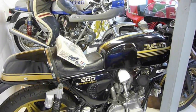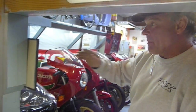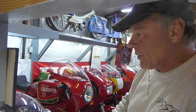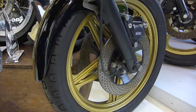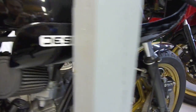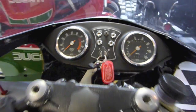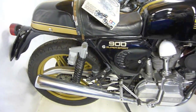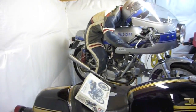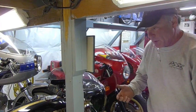Wow. This is a 1979 900 SS. It's the exact same bike as the 77, with some very small changes. Of course, the color is different. They have the one-piece cast wheels as compared to the spokes with the Borrani rims. The gauges, the instrument panel are slightly different, but essentially exactly the same bike. For several reasons, I expect. One is they didn't sell all of the 77 and 78s, and enough years went by. They had to make them different to sell them. So they put different wheels on them, changed the color,